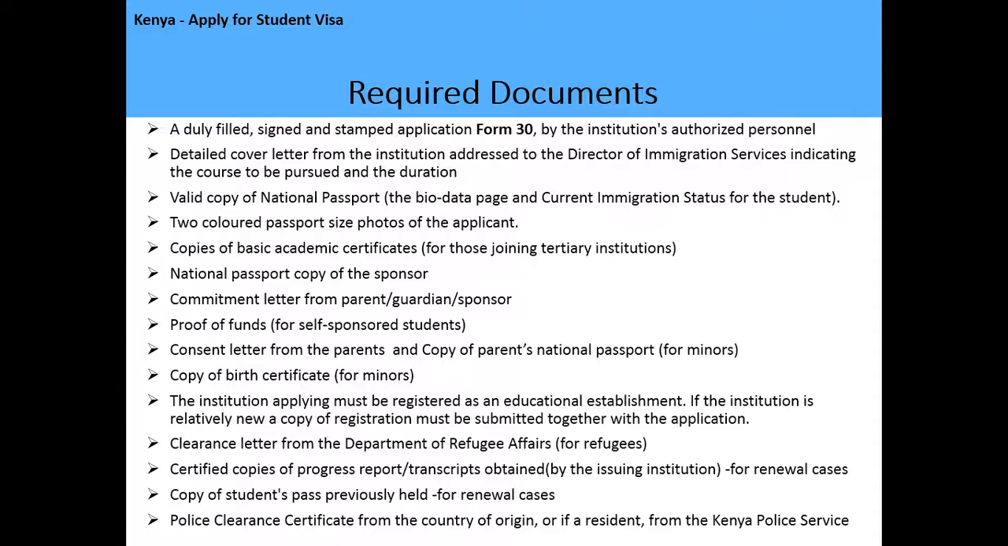You need a duly filled, signed and stamped Form 30, which is the application for the student pass by an authorized personnel of the education institution, a detailed cover letter from the institution addressed to the Director of Immigration Services indicating the course to be pursued and the duration, a valid copy of your national passport, a two-colored passport size photo of the applicant, copy of basic academic certificates for those joining tertiary institutions,